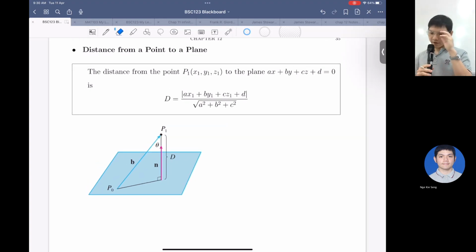So next is the distance from a point to a plane. You have a point, you have a plane. I think this one is quite